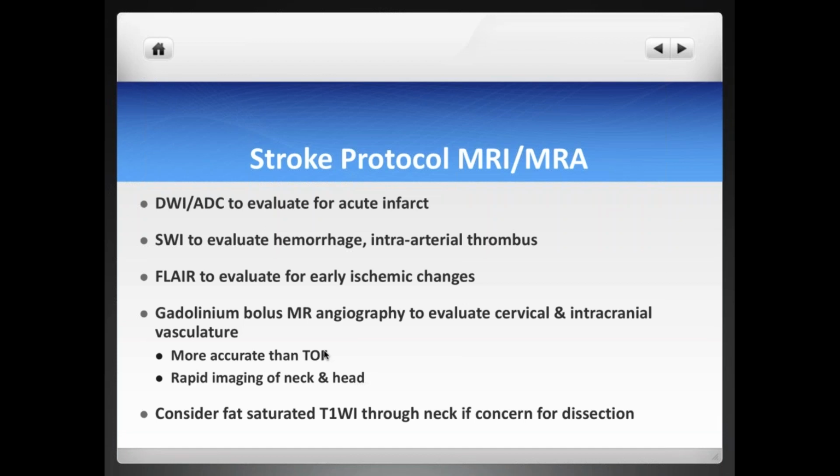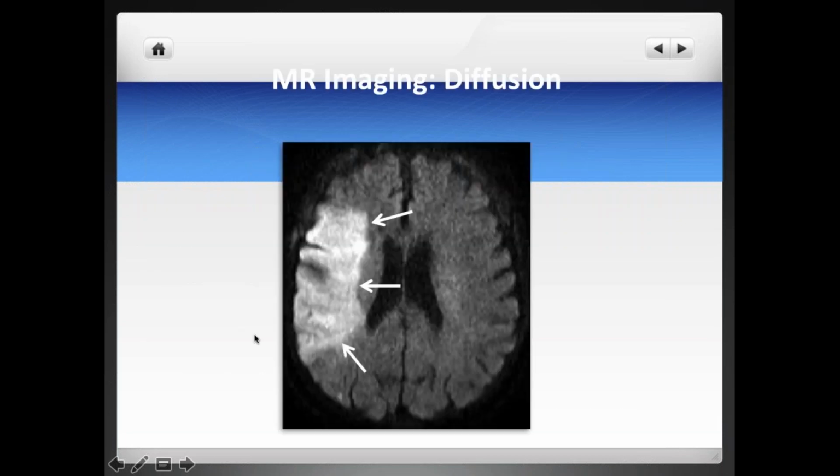The downside of MRI, of course, is the time it takes to get a sequence, probably about 4 to 5 minutes per sequence, not to take into account the fact that it usually takes time to get the checklist for MRI, to be able to scan the patient in the MRI scanner, and of course getting MRI availability 24/7, which some centers don't have. Even if you do, taking the patient to the MRI scanner is a little bit more of a hassle than doing it for CT. But we limit it, as I said, typically to when we do need it in some situations, and I'll give a few examples later. We will use very specific sequences.